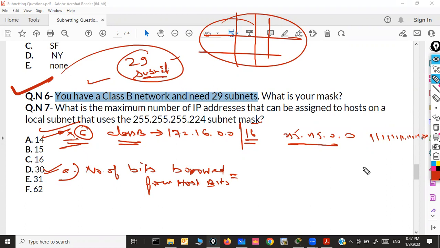How many bits? 13 bits. No, there's something wrong, because if you borrow 13 bits, even if we have the option to borrow,